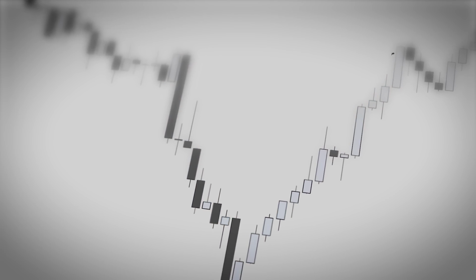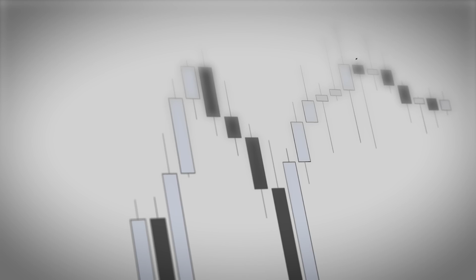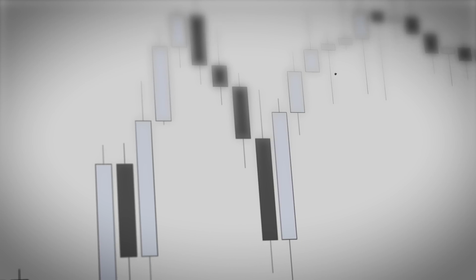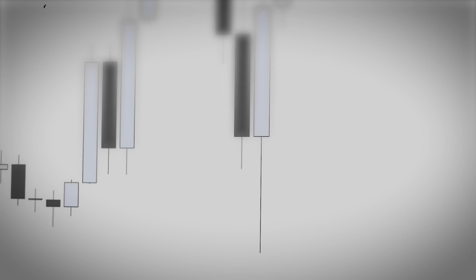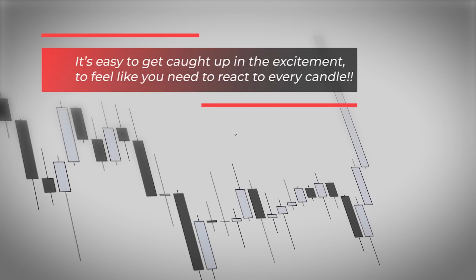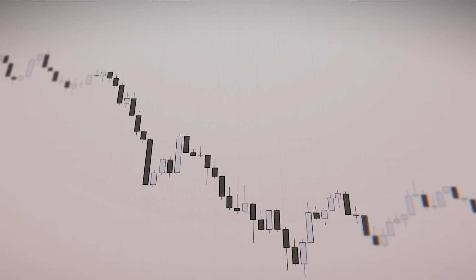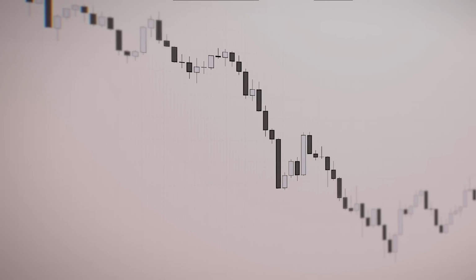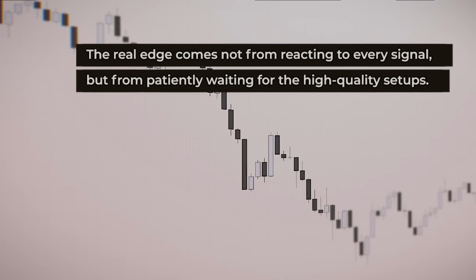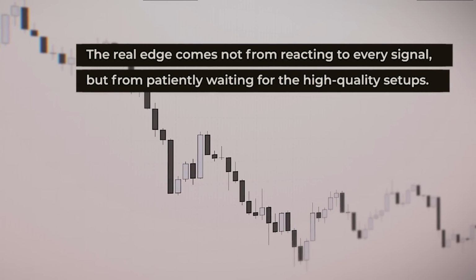This is a critical lesson for all traders to learn, but especially for beginners. The market has a way of generating all sorts of dramatic, compelling signals on a minute-by-minute basis, and it's easy to get caught up in the excitement, to feel like you need to react to every candle. But the successful traders, the ones who last in this game, know better. They know that the real edge comes not from reacting to every signal, but from patiently waiting for the high-quality